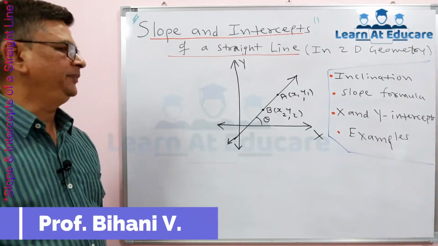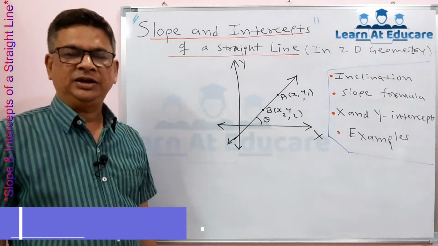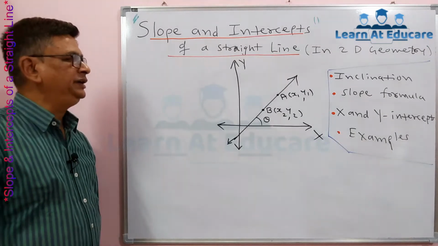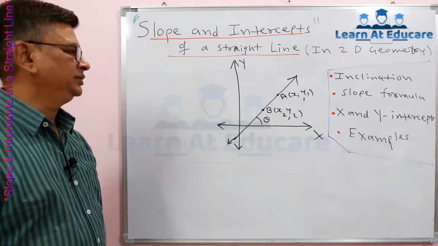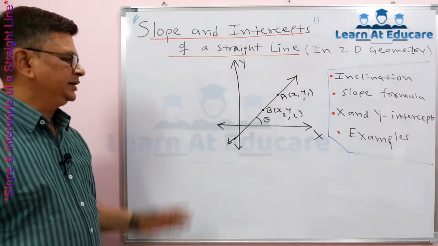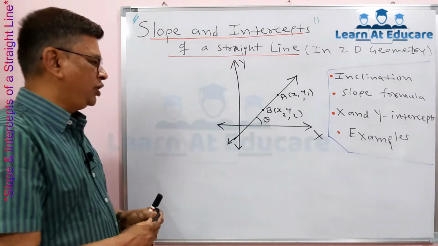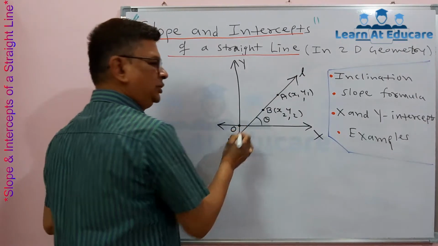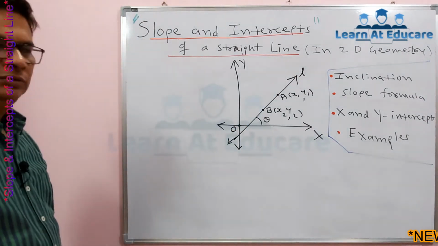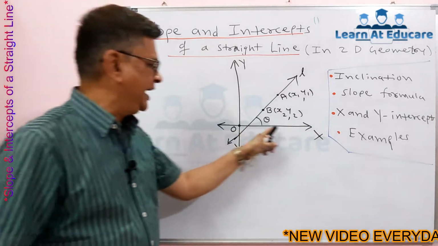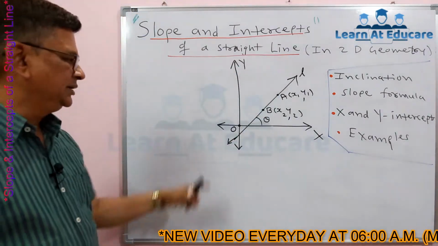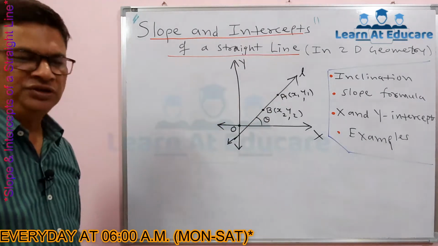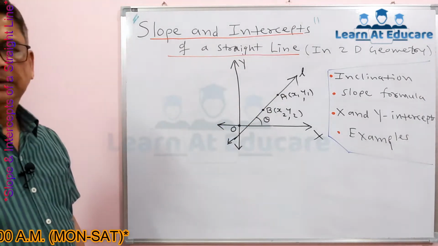This is Vinod Bihani and we are continuing in today's mathematics session for the discussion of slope and intercepts of a straight line in two dimension. Can you see here, it is a diagram drawn where straight line L is shown in our two dimension coordinate geometry. That is, we know in two dimension we consider x axis, y axis like this, the point of intersection as origin, and suppose this line L is shown here with many points.